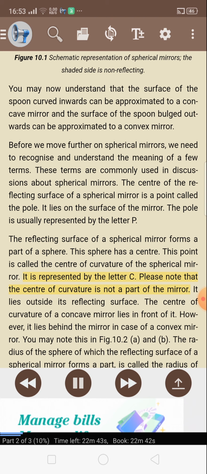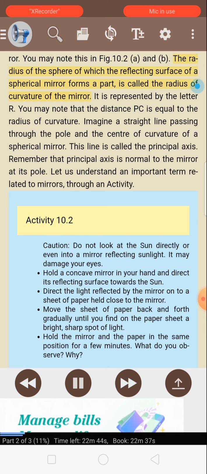Please note that the center of curvature is not a part of the mirror. It lies outside its reflecting surface. The center of curvature of a concave mirror lies in front of it. However, it lies behind the mirror in case of a convex mirror. You may note this in fig. 10.2 A and B. The radius of the sphere of which the reflecting surface of a spherical mirror forms a part